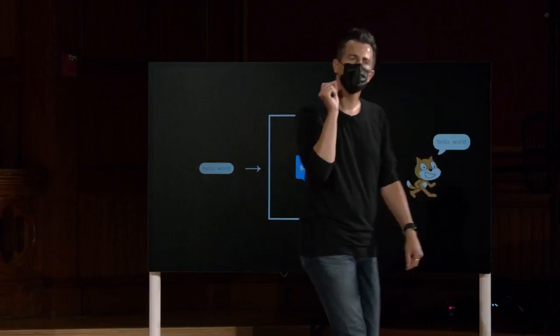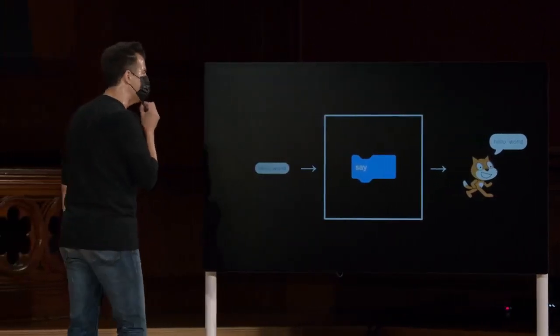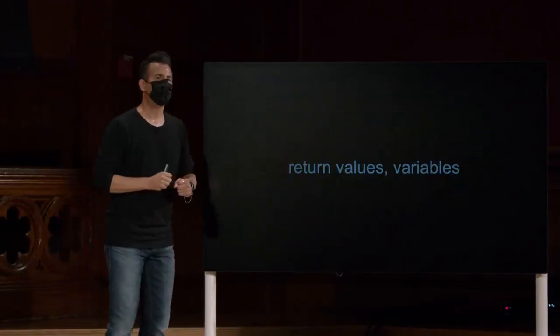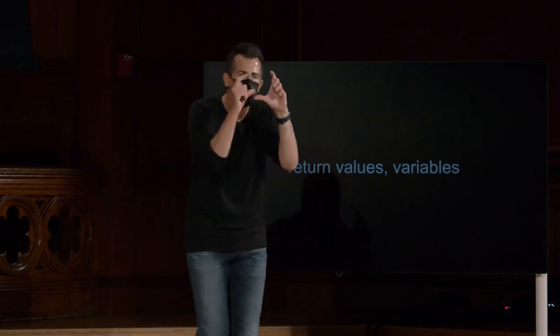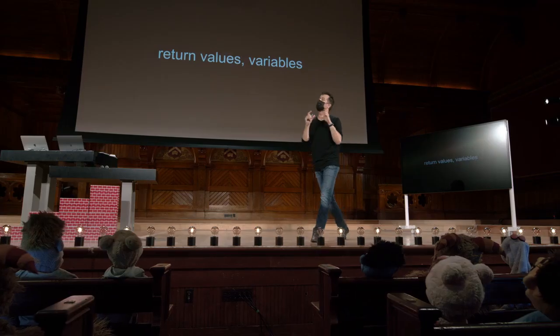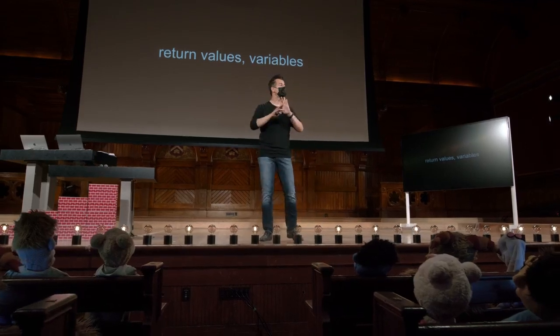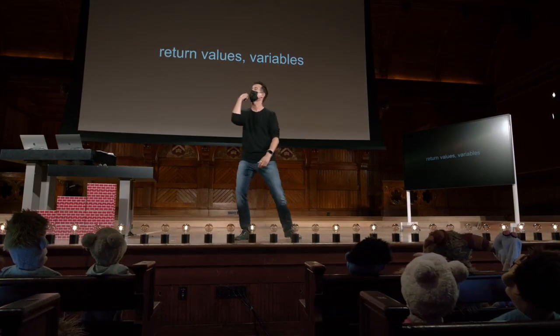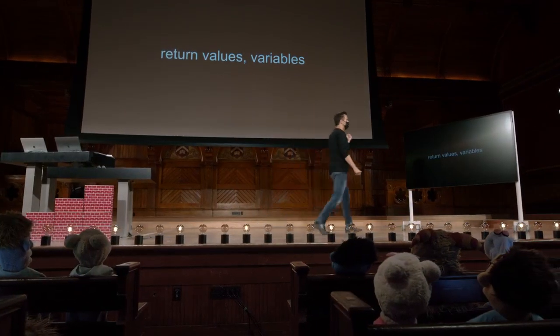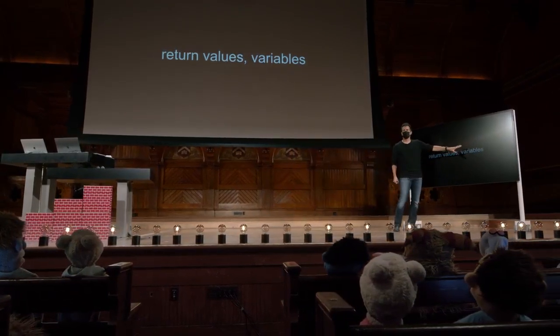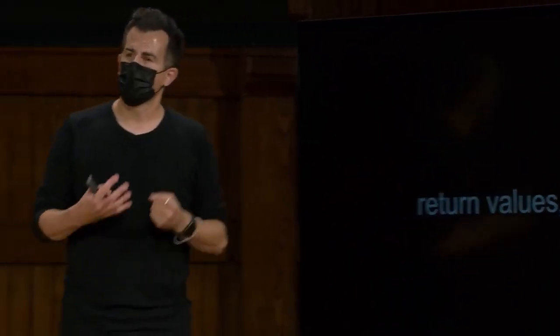You can't actually do anything with that visual output other than consume it visually with your human eyes. But sometimes, recall last week, we had functions like the ask block that actually returned me some value. Remember the ask, what's your name? It handed me back whatever answer the human typed in. It didn't just arbitrarily display it on the screen. The cat didn't necessarily say it on the screen. It was stored instead in that special variable that was called answer